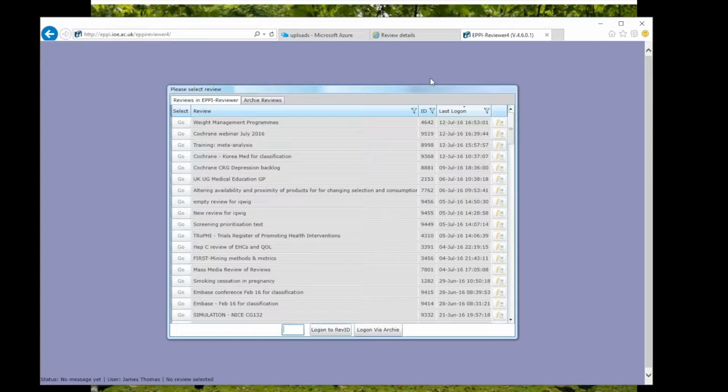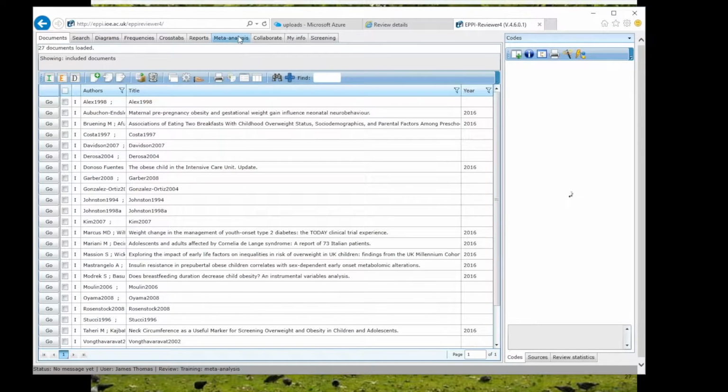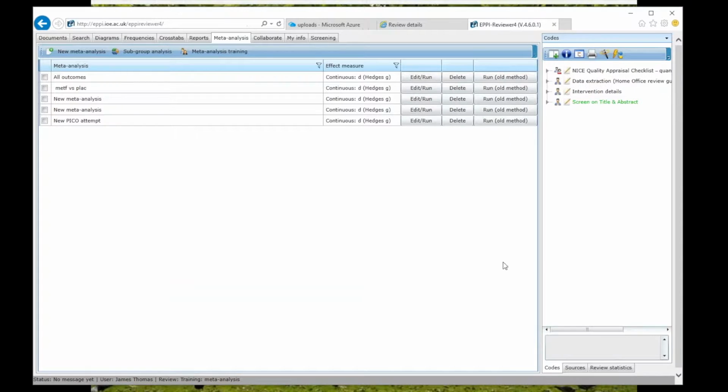I won't go through getting the outcome data in. I'm just going to do the synthesis part of this. And I really wanted to let people know that we're using R as our statistical backend for this. So there is a server running R and running the various meta-analysis packages in R, which means we've got the ability to get our interface to talk to some really quite sophisticated analytical tools. So for example,